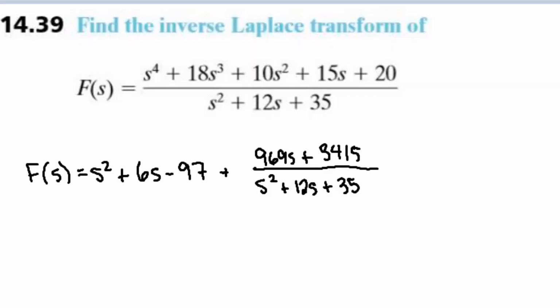Okay, so problem 1439 asks us to find the inverse Laplace transform, but this one, before we can use partial fraction decomposition, and